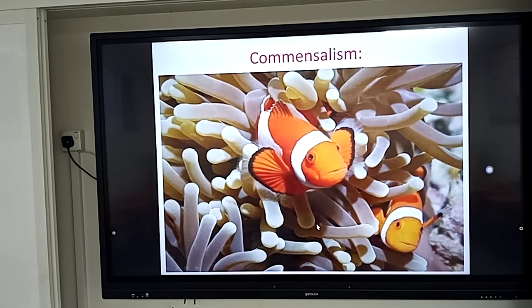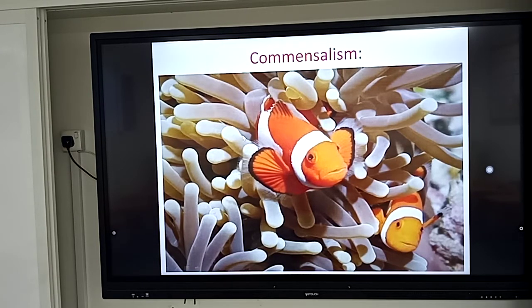As you see here in this picture, the fish live in the coral reef, and the reef is its shelter. So the fish gains or benefits from the reef, its shelter and habitat, but the reef does not benefit from the fish. This is a commensalism relationship. The organism that gets benefit here is the fish.